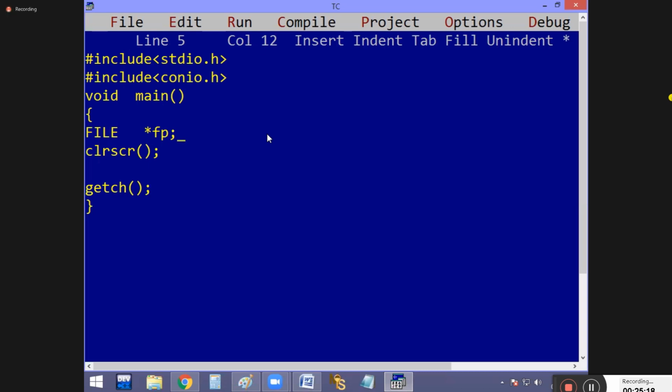Okay, now this file pointer is going to keep the file address. Then equal to